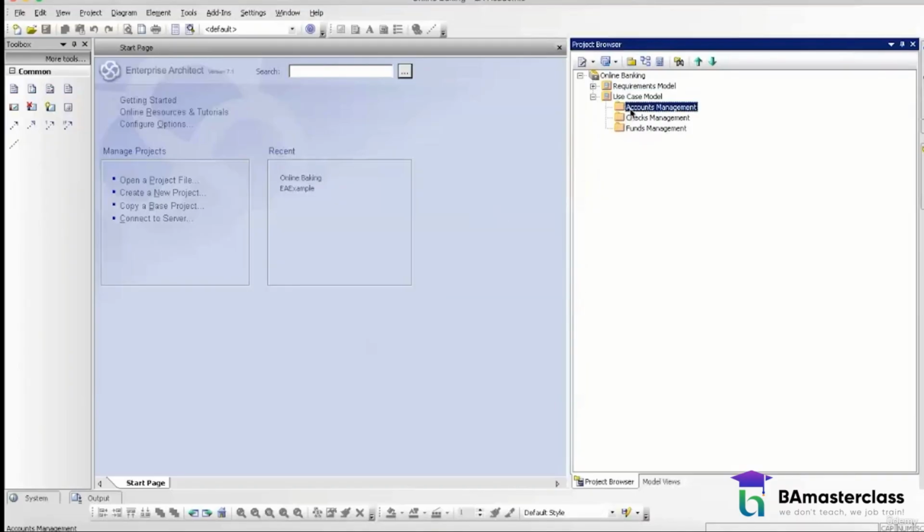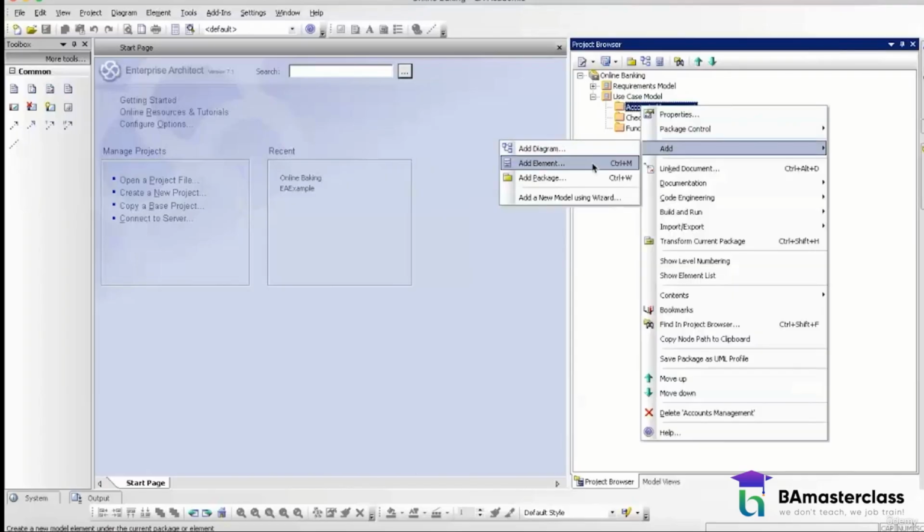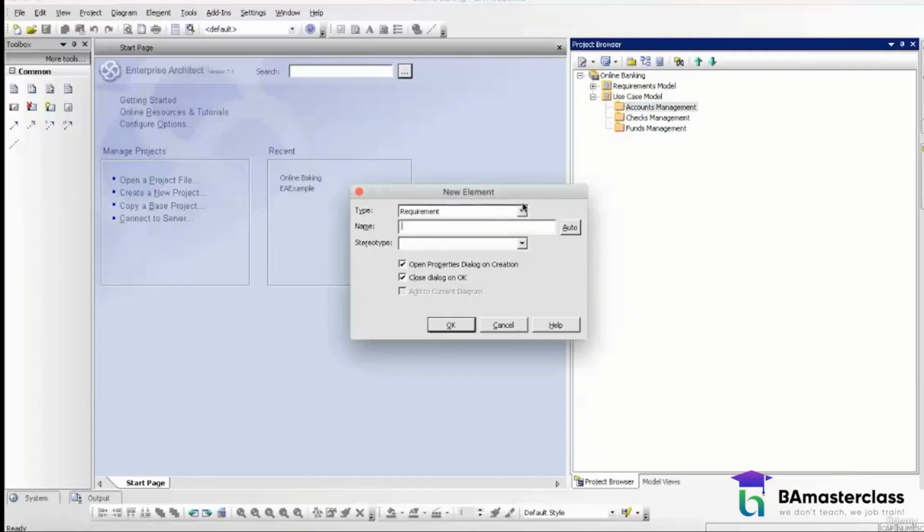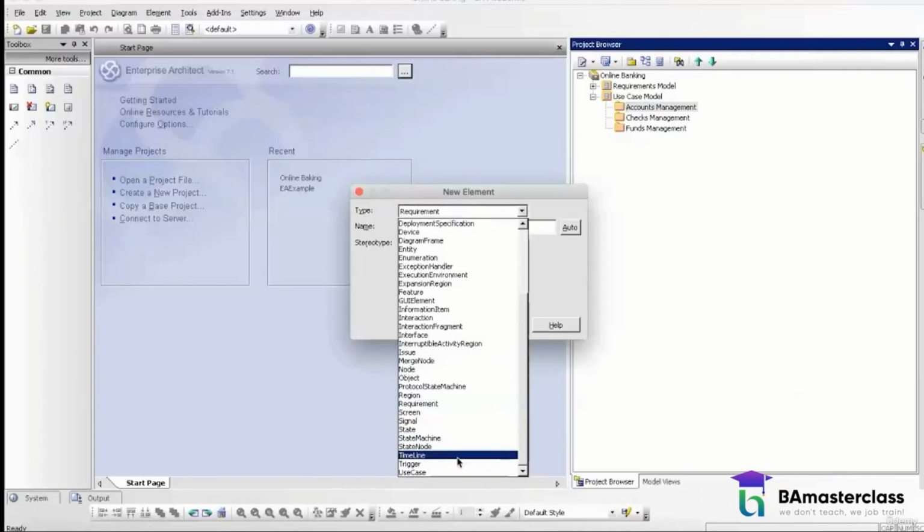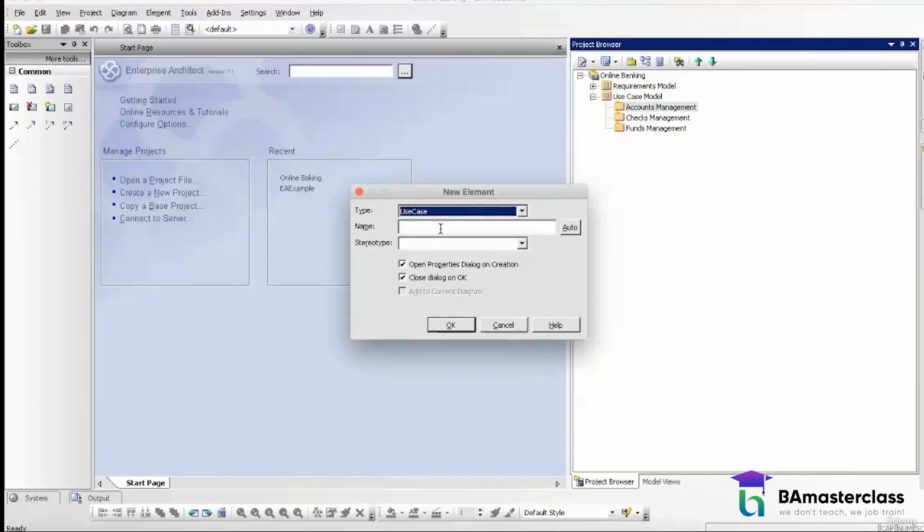Now, for each of the modules, since this is my use case model, I have my use cases. So again, if I'm adding a requirement or if I'm adding a use case, I am always going to add them as an element. So I do a right click, I add an element. Now the type no longer is a requirement. The type I have is a use case. And the name of my use case is